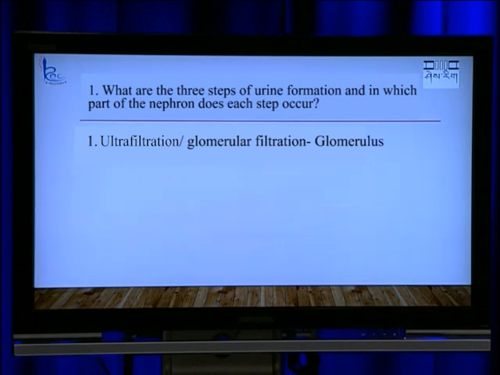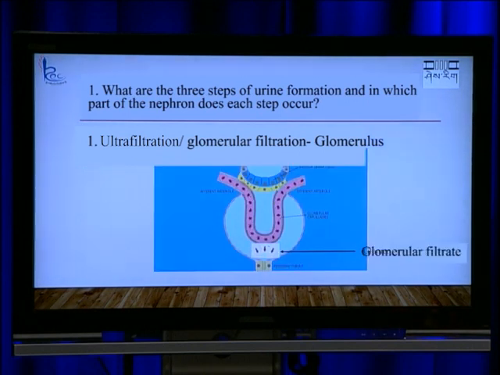It occurs in the glomerulus. So, basically if you look at the process of ultrafiltration, this is how it happens, where the afferent arteriole has a wide diameter entering into the Bowman's capsule. The glomerulus is a network of capillaries, and the efferent arteriole has narrow diameter. So, because of the difference in the diameter of these blood vessels entering and leaving the Bowman's capsule, a pressure